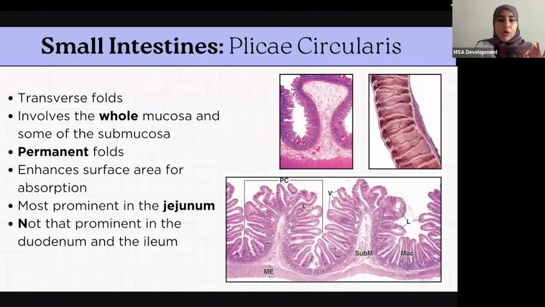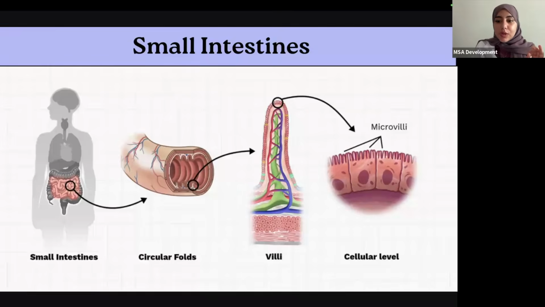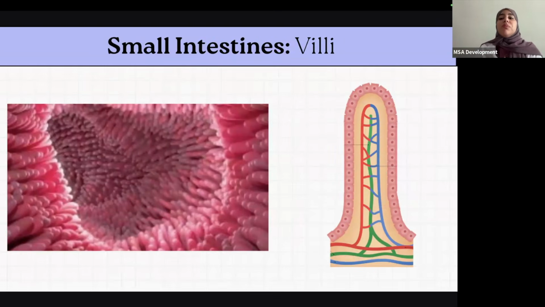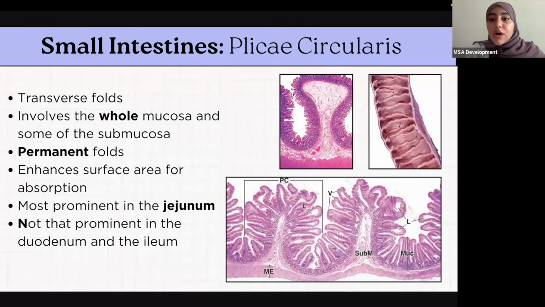And so when I show you this picture, there is so much absorption. It's like times 1 billion, because of how many microvilli and villi there are. Imagine the amount of space you have to digest vitamins, fats, anything you need. Anyways, these circular folds are called plicae circularis. Remember how I said the rugae are a temporary fold,